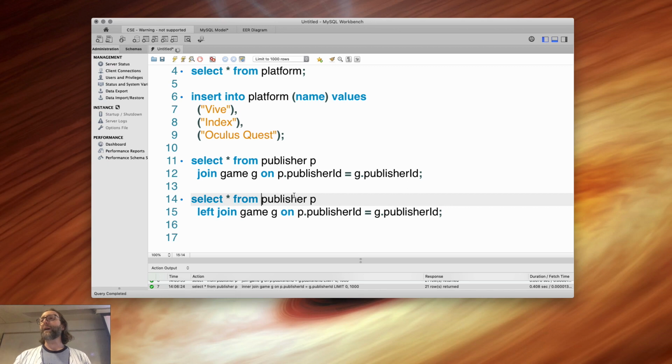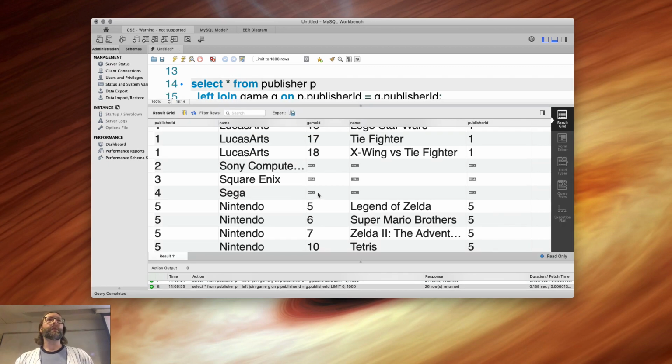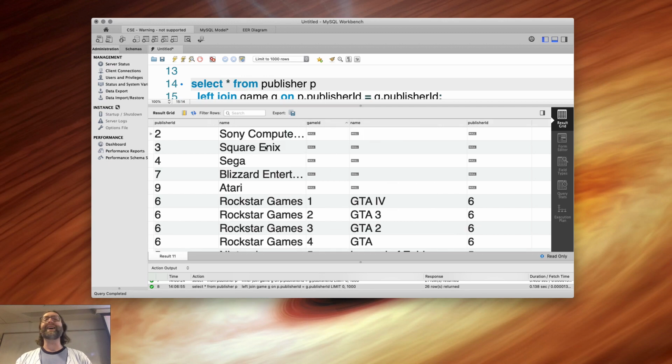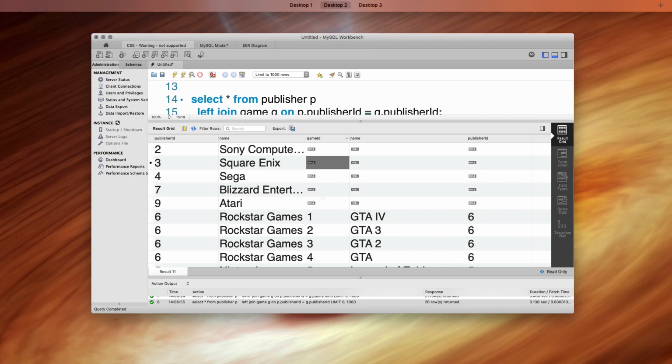Now, when I do this, I'm going to get a completely different result. Not a completely different result, but there are going to be things that I did not have before. Sony, Square Enix, Sega, Blizzard, and Atari, they've not published any games according to the data that I have in this table right now. The left join is what preserves those records. Okay,